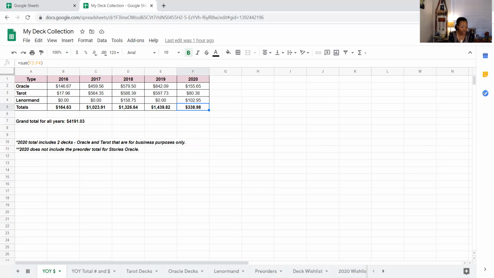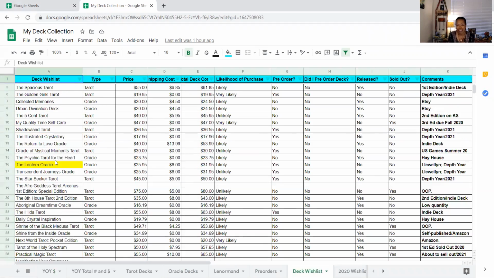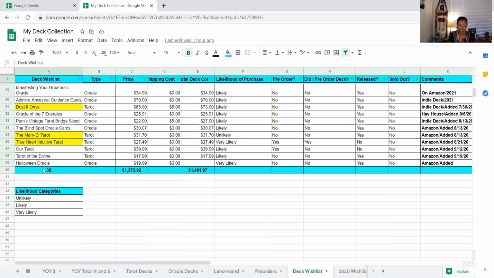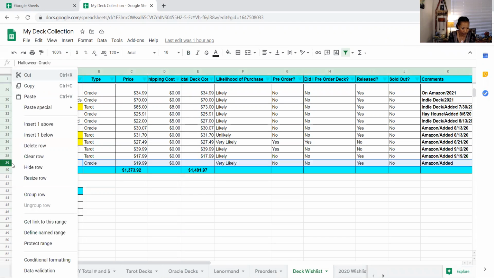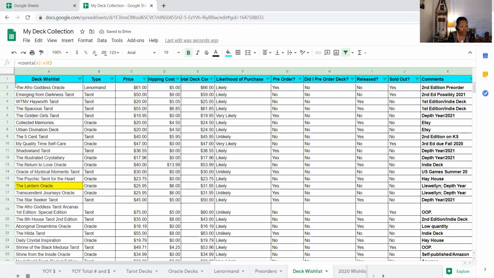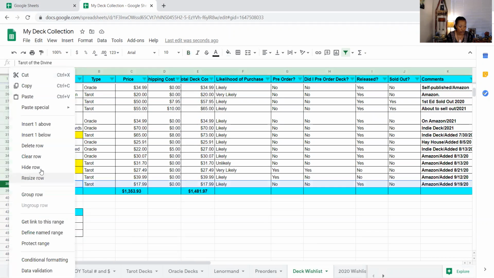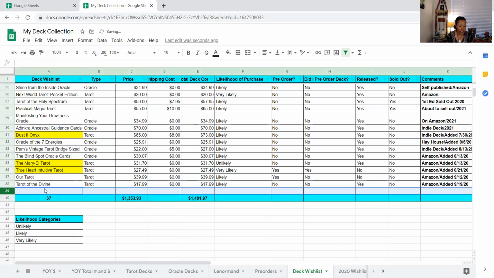And let us move to the wish list tab. So we laugh because, well, I laugh because I'm like, oh my gosh, I've got 37. I'm actually going to delete this for a moment to show you what I do. Okay, so here's my wish list. When I get a new hankering for a new deck, I come to my wish list and insert a row right here. The most recent decks are typically the ones entered last.